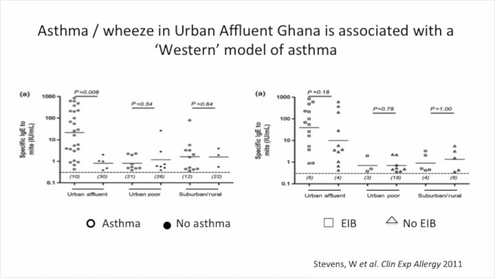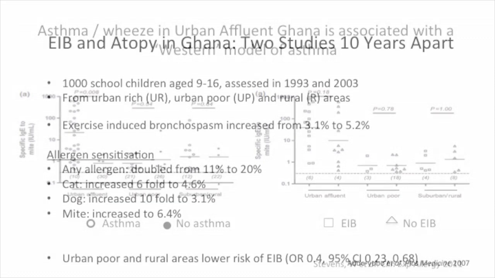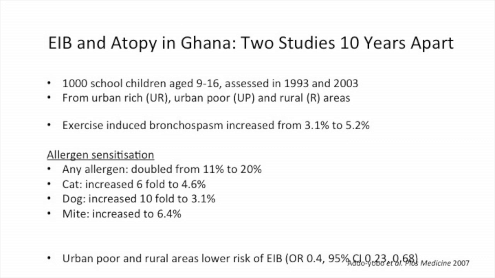And then finally, very elegantly, he did the same study 10 years apart. A very powerful model of this, using the same methodology at 2 different time points, and found that allergen sensitization over a 10-year period in Ghana had doubled, gone up 2-fold. And in particular, cat and dog sensitization had gone up between 6 and 10-fold because of increasing pet ownership. So really this confirms that asthma is on the move, and what we're seeing now is beginning to reflect the sorts of asthma that we're seeing in the cohort studies from the UK and elsewhere.